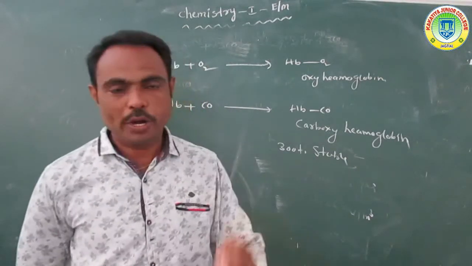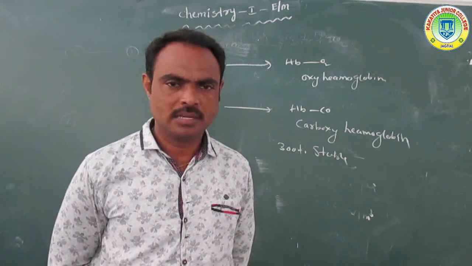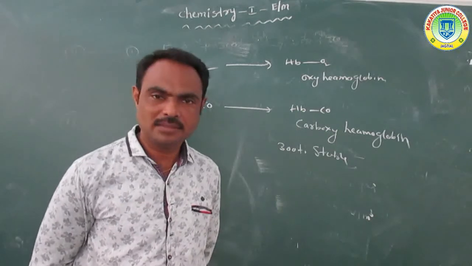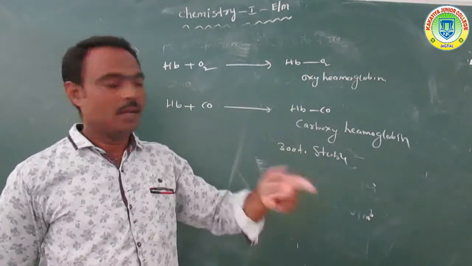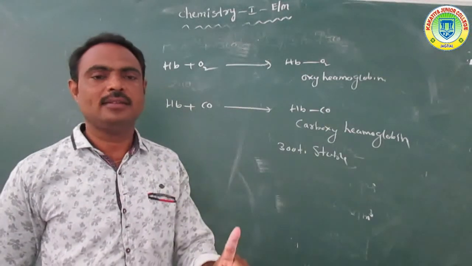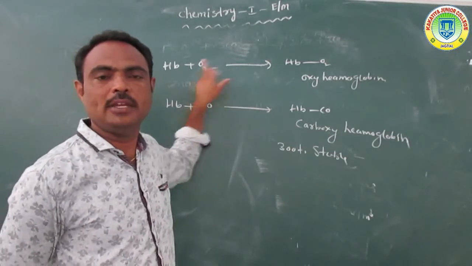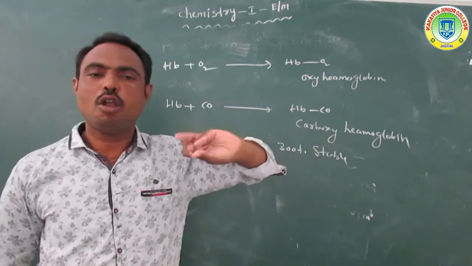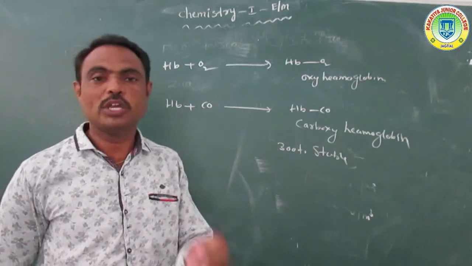Okay, it is also a very important question. Carbon monoxide is a poisonous gas. Explain. Yes, carbon monoxide is a poisonous gas. Commonly our human body contains blood. That blood contains hemoglobin. When we breathe oxygen, that oxygen reacts with hemoglobin to form oxyhemoglobin. That oxyhemoglobin is always transferred from one place to another in our human body to give more energy.